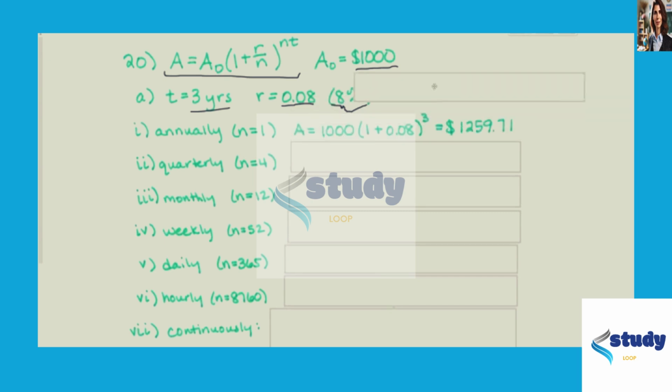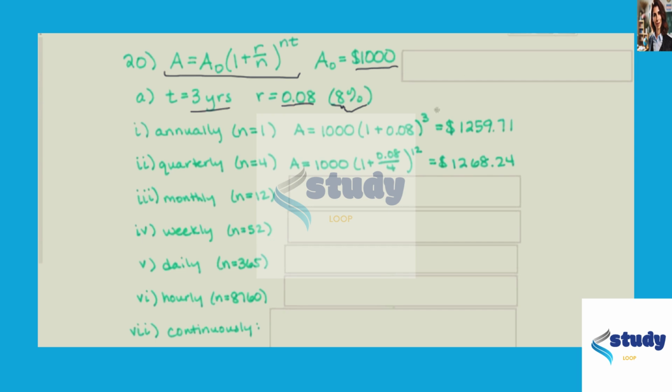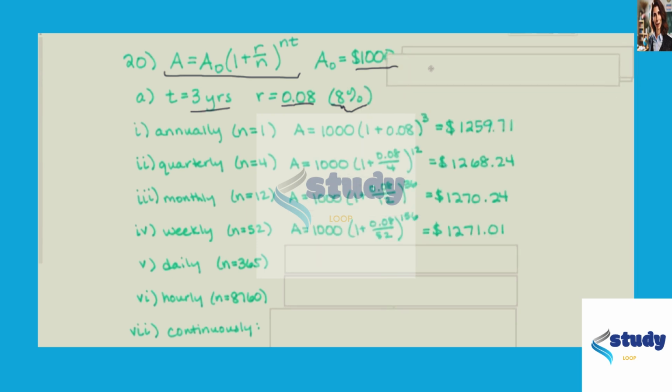We use n equals 1, and we get $1,259.71. Then for quarterly, we use n equals 4. We substitute that into our formula, and we get $1,268.24. For monthly, n equals 12, and that gives us $1,270.24. For weekly, n equals 52. That gives us